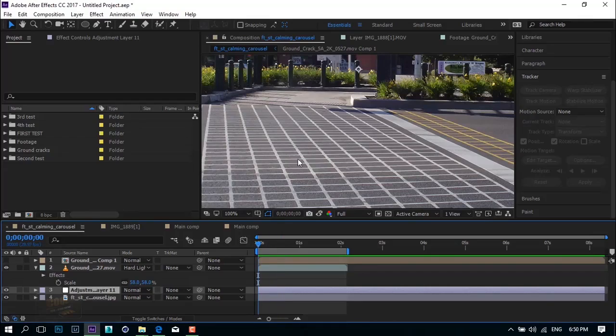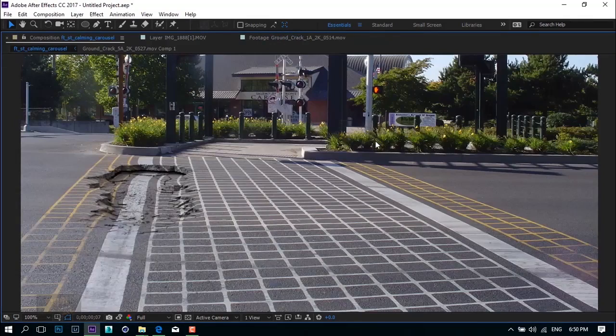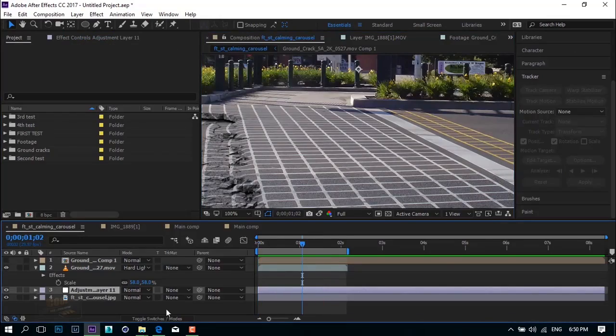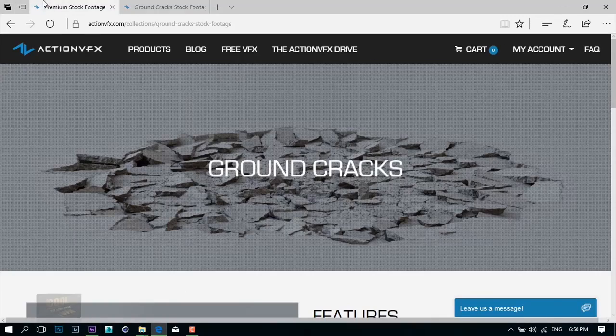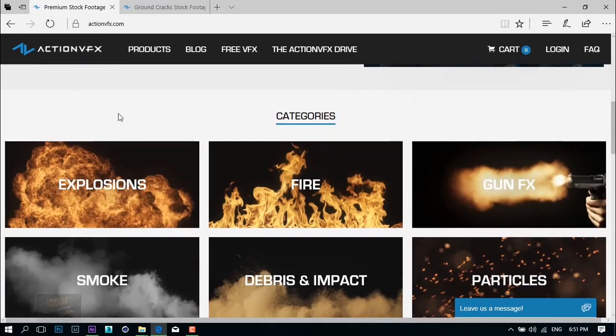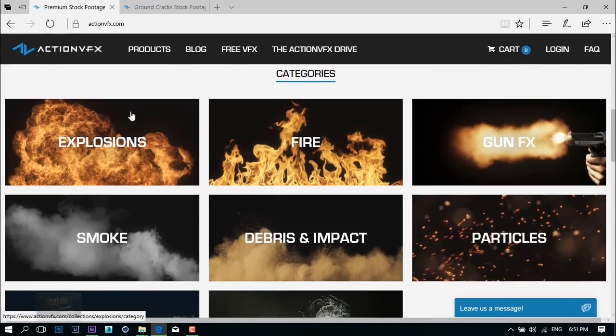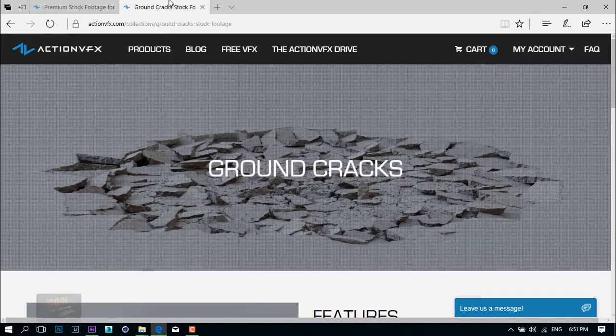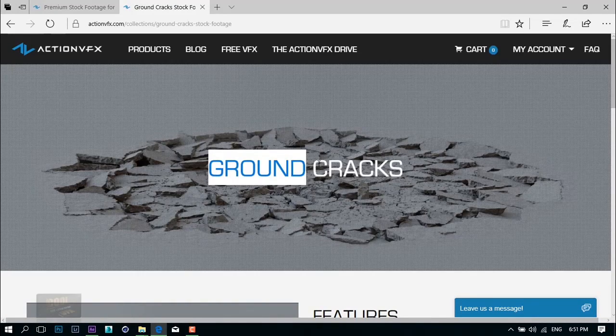Hello guys, today I'll be showing you how to create this. I used some stock footage from Action VFX. It's a really nice website that offers highly realistic VFX assets, and I'm gonna use some ground cracks